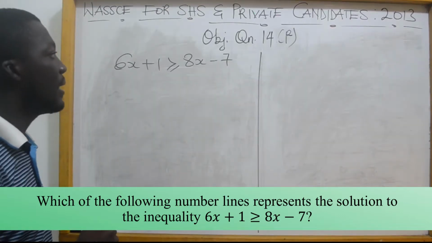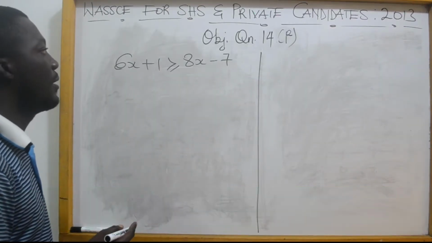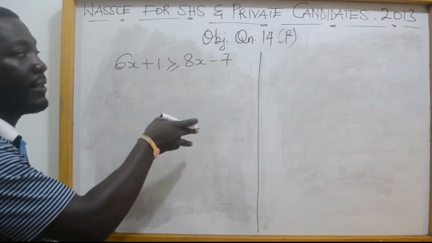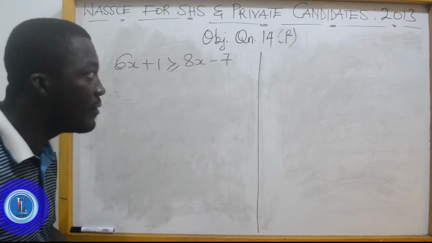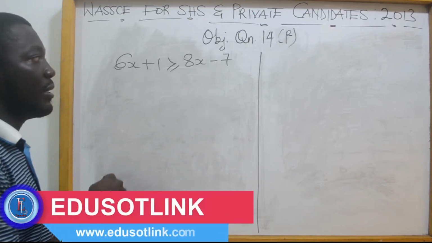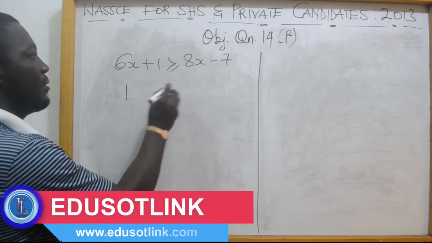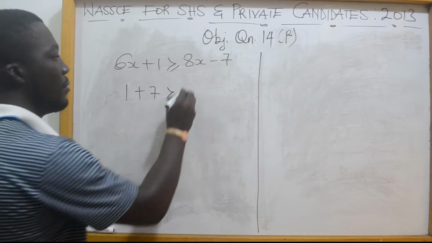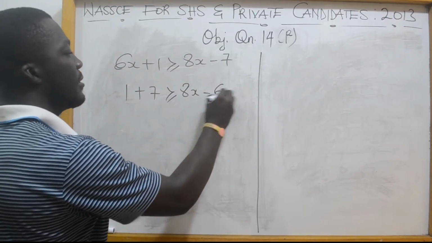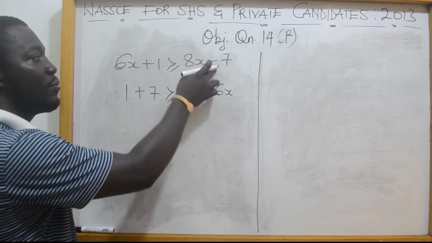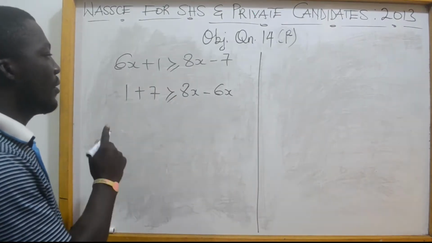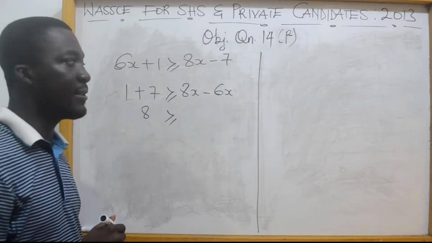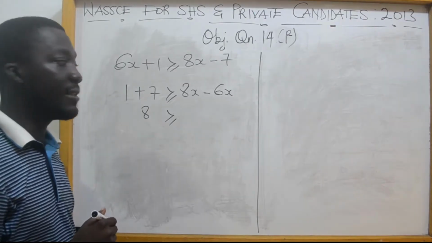So first of all, let's do some transposition. The x term will be transposed to the right hand side, and the negative 7 will be transposed to the left hand side. And you get 1 plus 7 is greater or equal to 8x minus 6x. The 6x, when transposed, will become negative. 1 plus 7 will give us 8, greater or equal to 8x minus 6x, which will give us